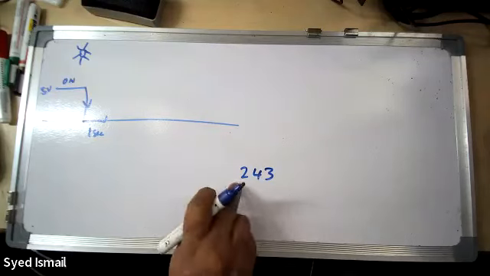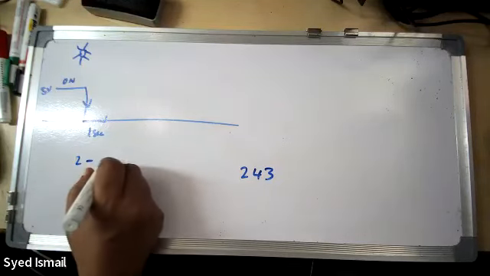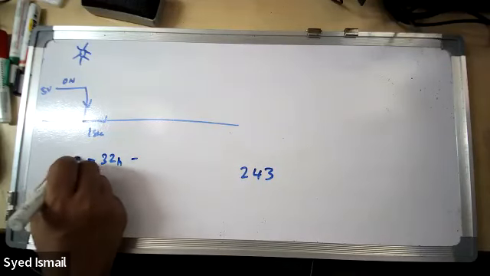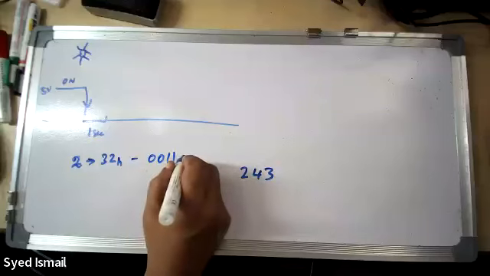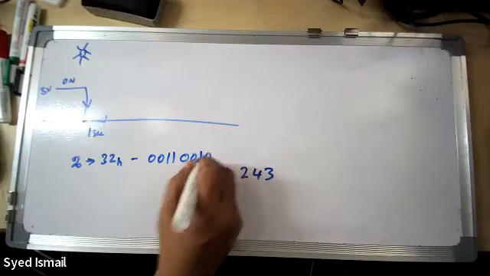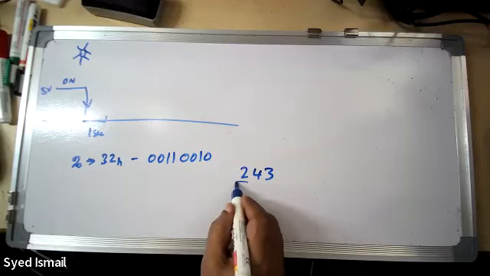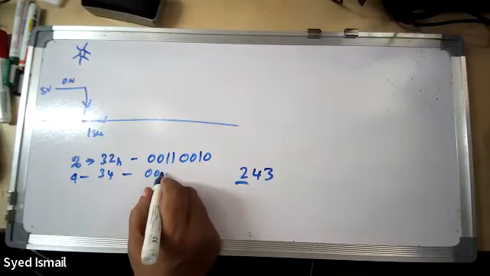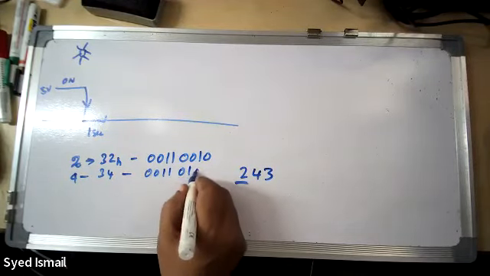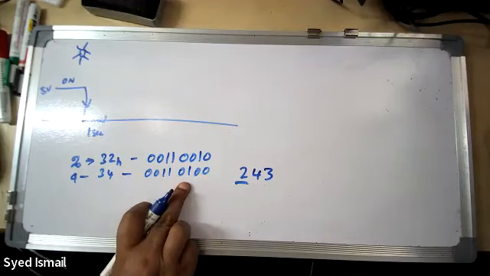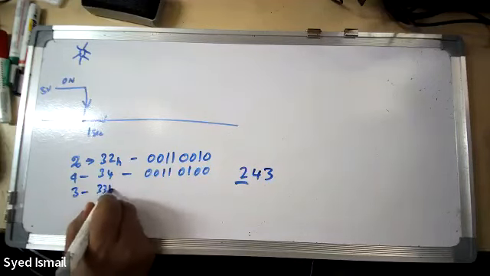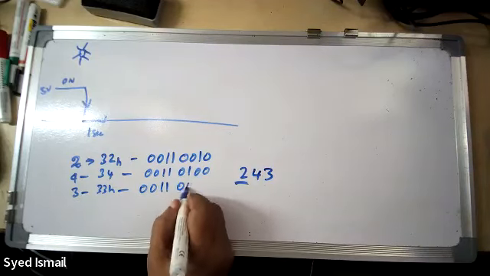So what I will send, I will send 2 here. So letter 2, like I told you, it is very easy. That is 32 in hexadecimal. This you may not know, but I'm just telling you, it is like that only. 0011 0010. This is 32, the letter 2. Now I want 4. 4 I want is actually 34. So I have to send 0011 0100. This is 4. And again 3 I want. So 3 I want to send. So this is 33 hexadecimal. So 0011 0011.